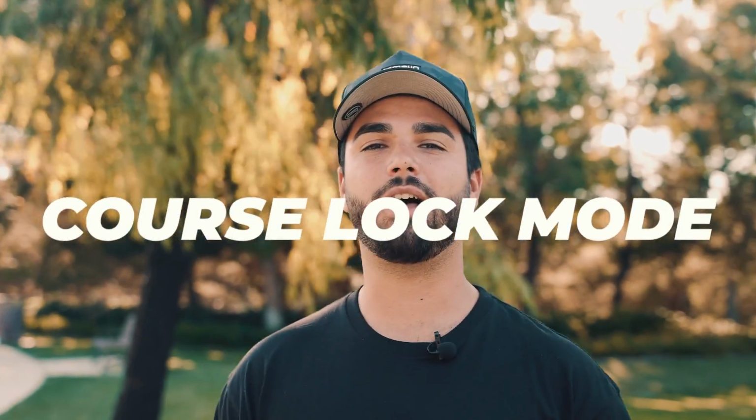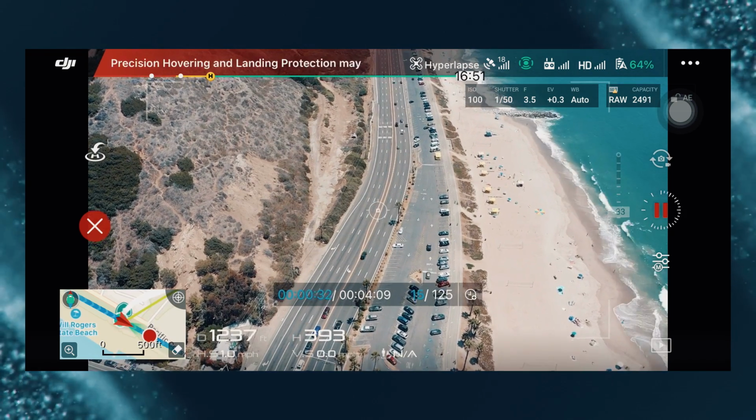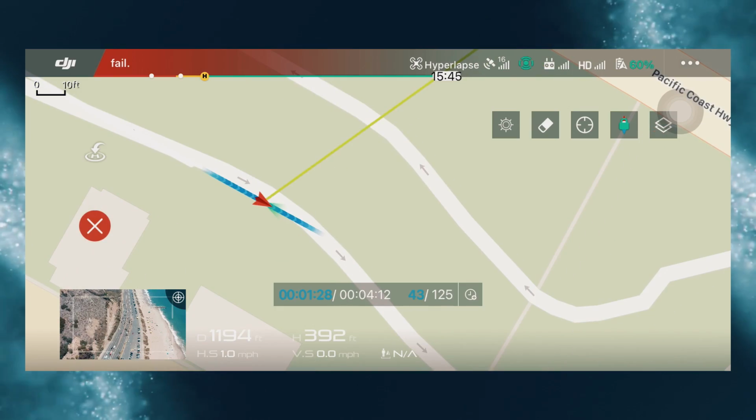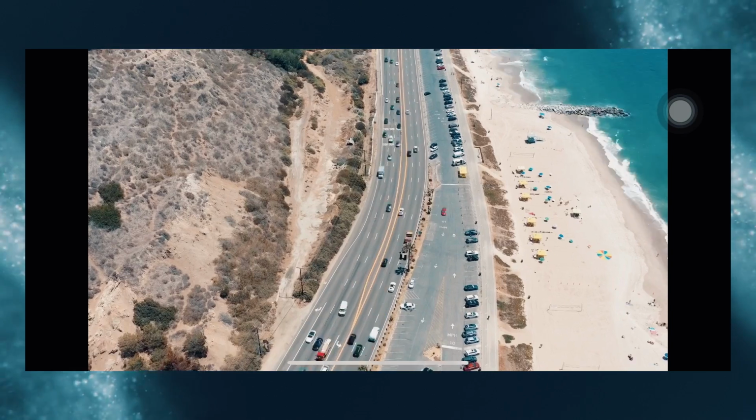So next one is course lock, and what it allows you to do is fly in a set direction, maybe just moving forward while capturing those images at set intervals. This one's really cool if you just want to fly in one direction and let the drone do its thing